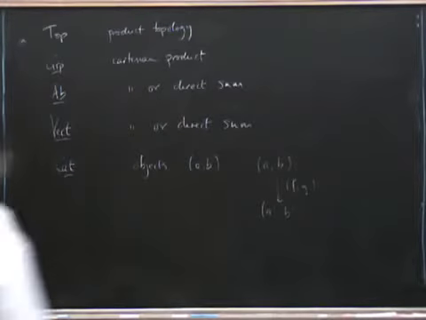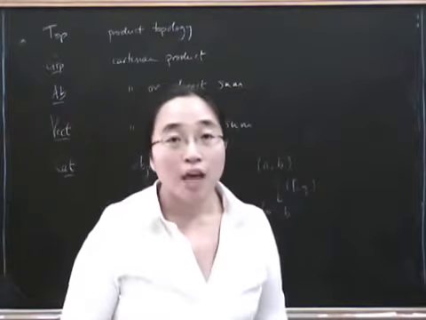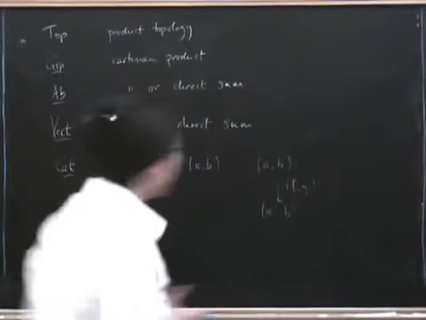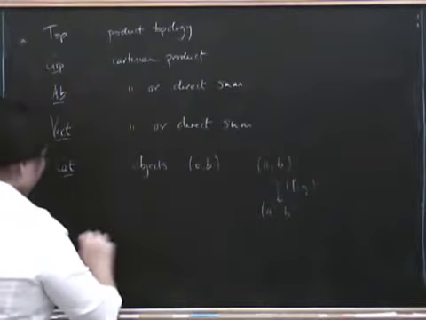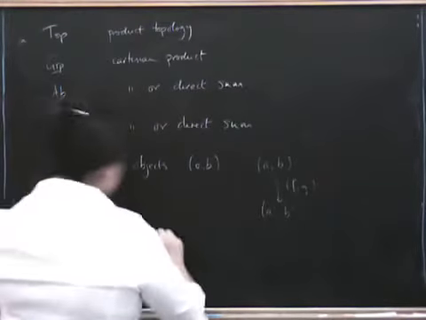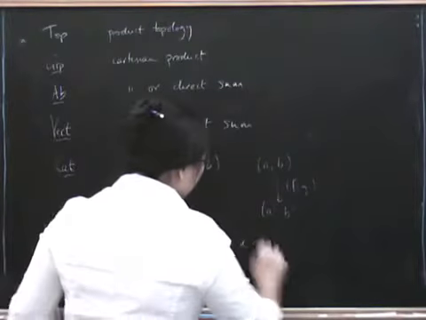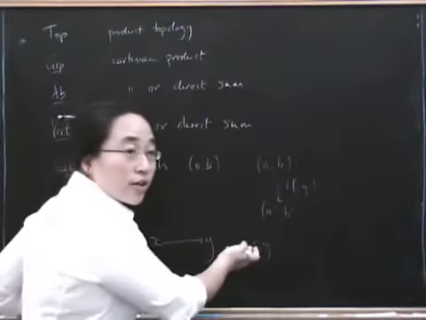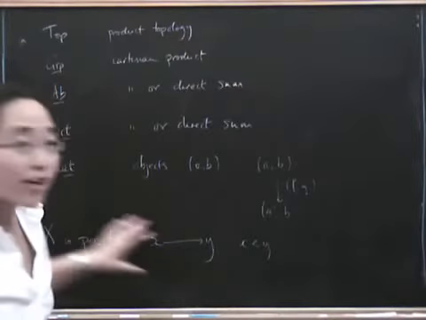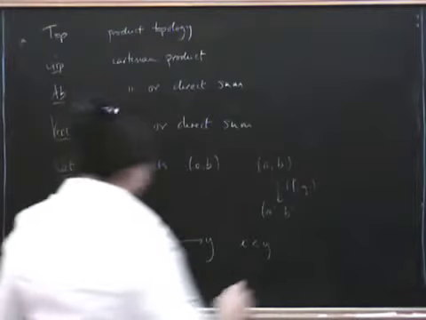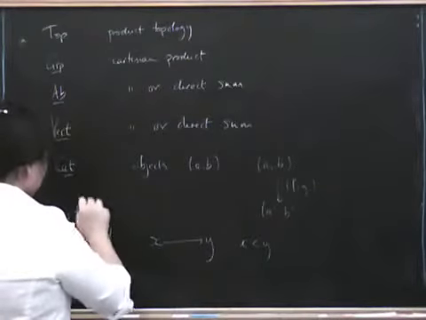Another quite interesting place you can take products is inside any poset. So I'm not going to take products of posets at this point, but remember that if X is a poset, you can regard it as a category by putting a morphism from X to Y every time X is less than Y. So you encode the ordering as X less than Y. Now if we start off with this being a totally ordered set,